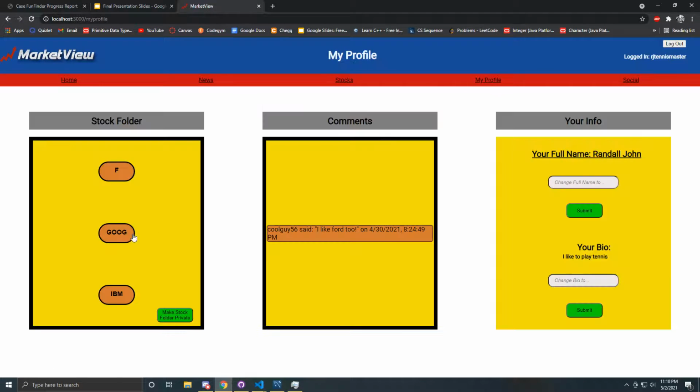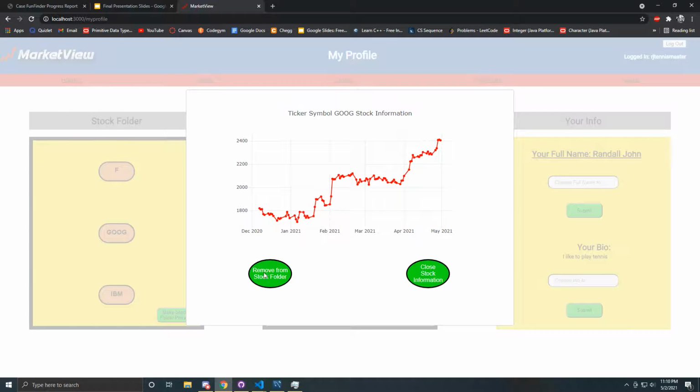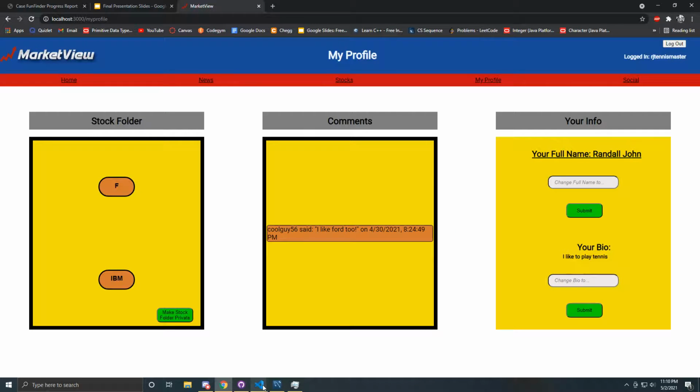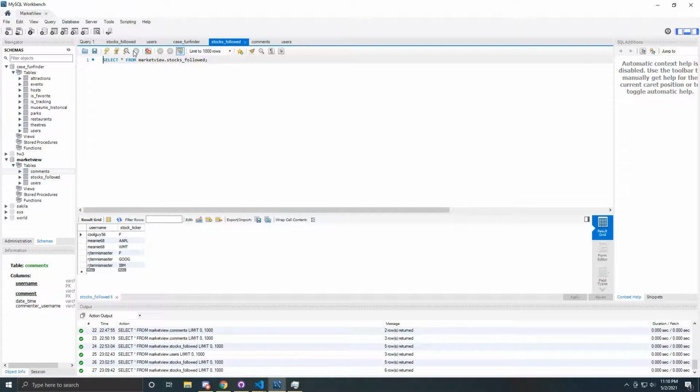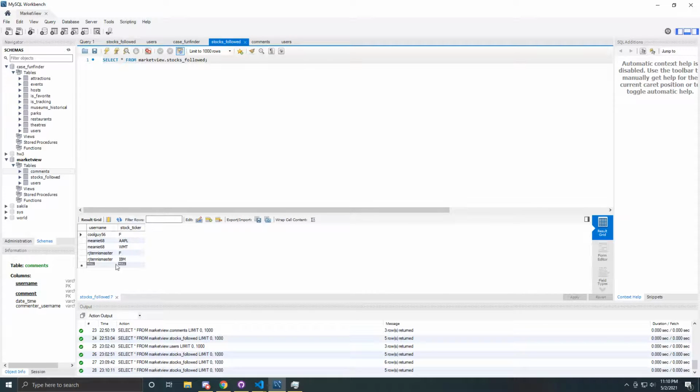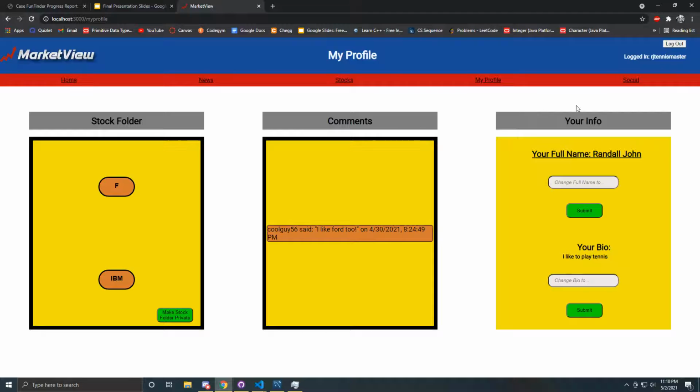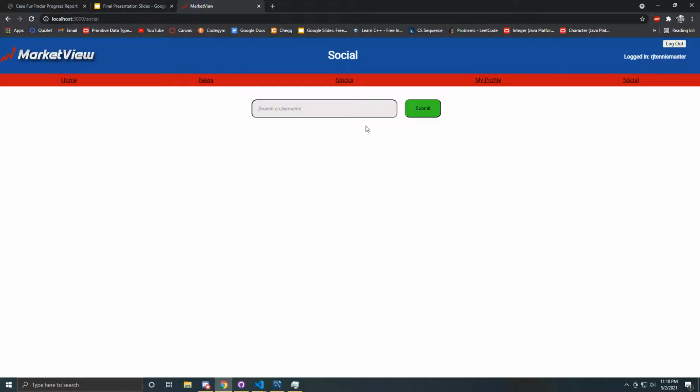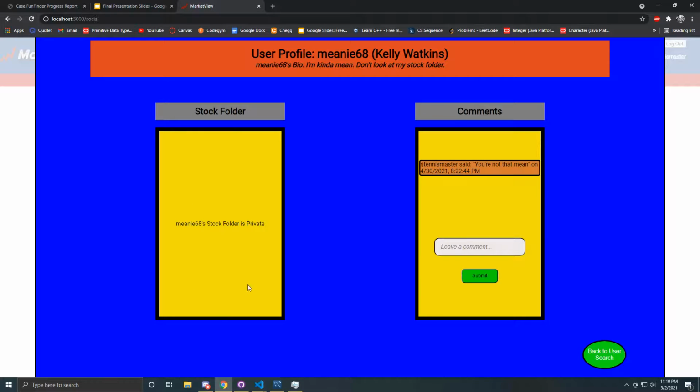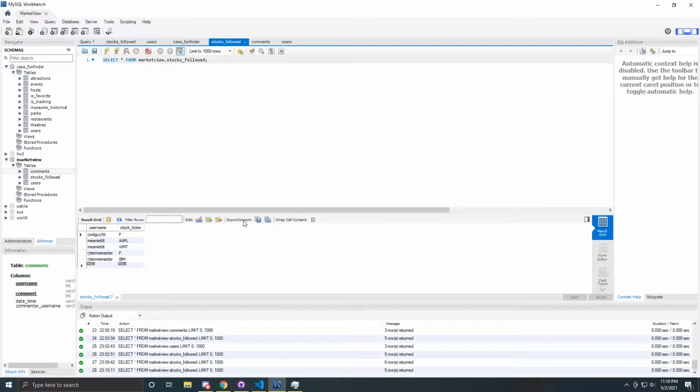Actually, let's remove Google for good measure. And you can see it's no longer there, not following it anymore. And now we can go to social. So let's search one of the other users in our database, Meanie68. And you can see her stock folder is private